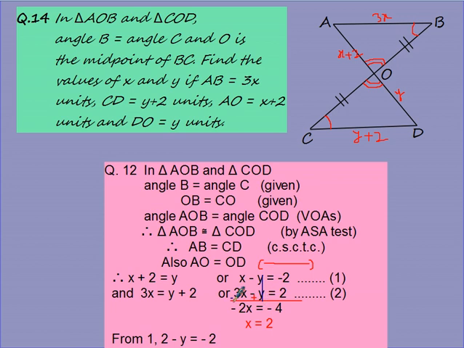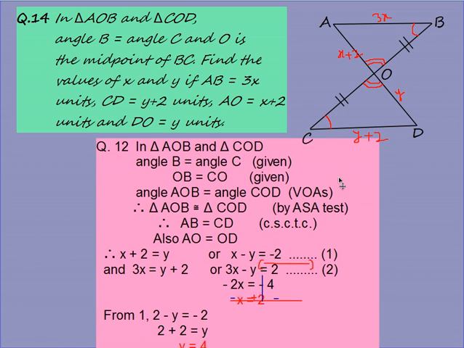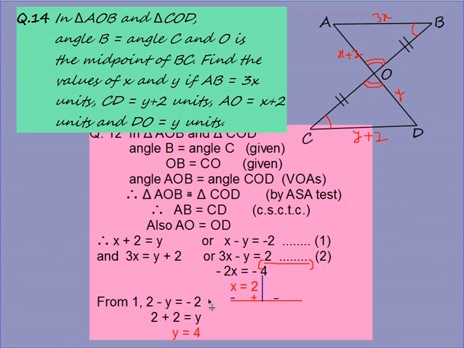And here it will be minus sign, so minus 2x, and there will be minus sign. So when you add them, it will become minus 4. So now your answer will come minus 2x is 4. So x is equal to minus 4 upon 2, x is 2. So I got the answer, x is equal to 2. And for this, when I substitute this in any one equation, 2 minus y is minus 2, and 2 plus 2 is y, and y equal to minus 4.